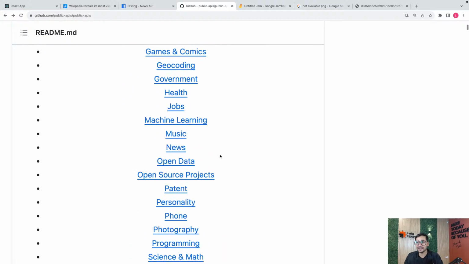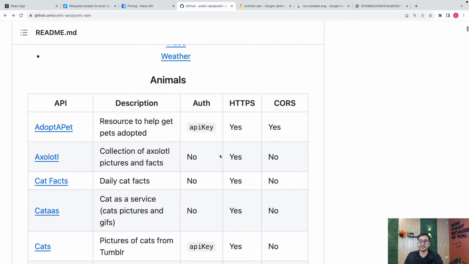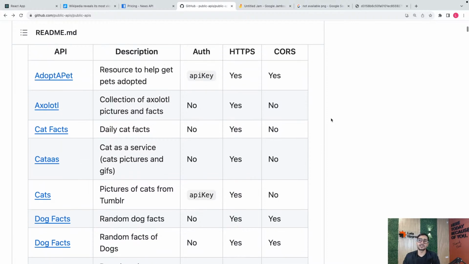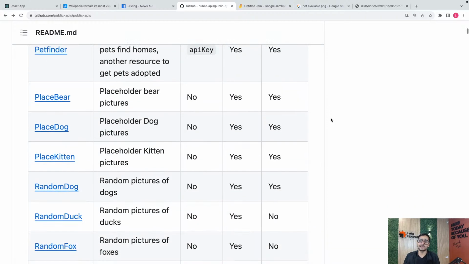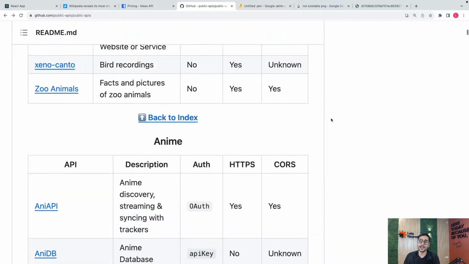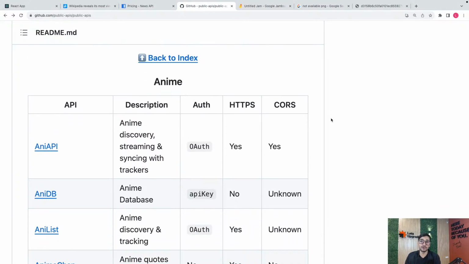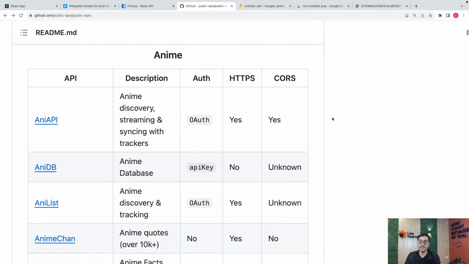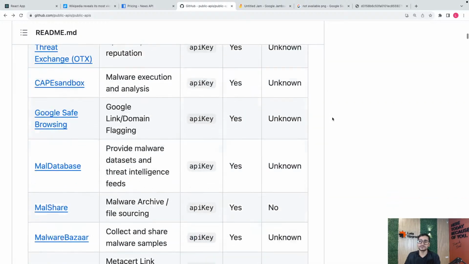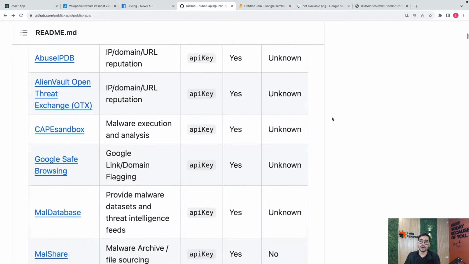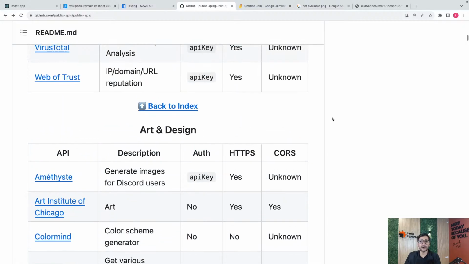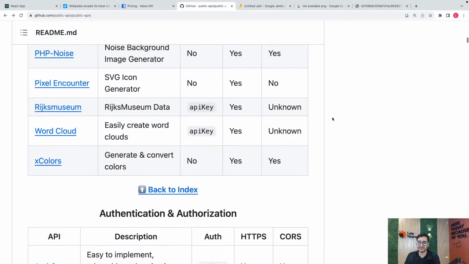There are tons of more APIs. This is one person who has collected everything and put it here. So see, related to animals, related to everything, it's available here. Okay, anime. So if you want to create an application related to anime, to show the recent animes and all that stuff, you come here as well. Okay, see that, guys? All the things are here. Superhero APIs are also there, art and design APIs, a lot of things are here.